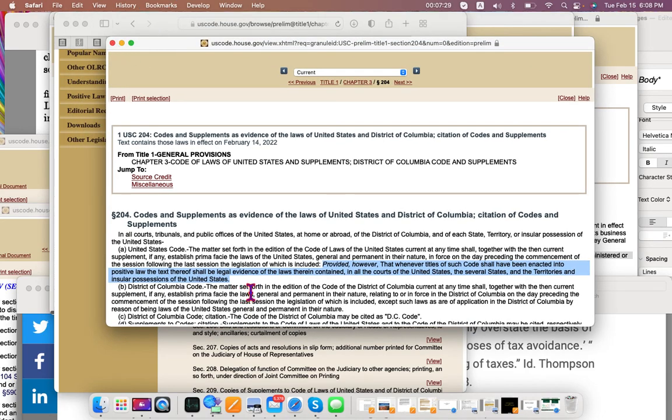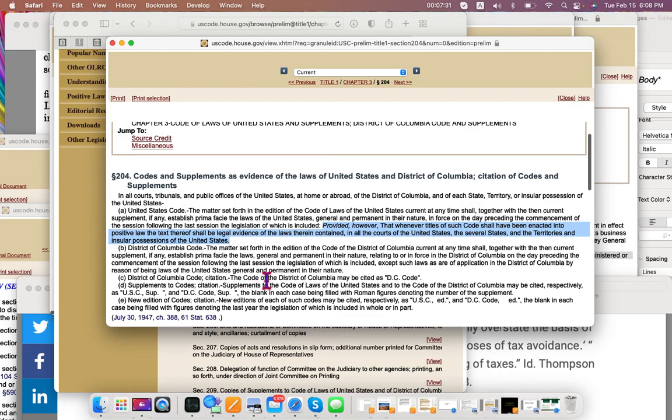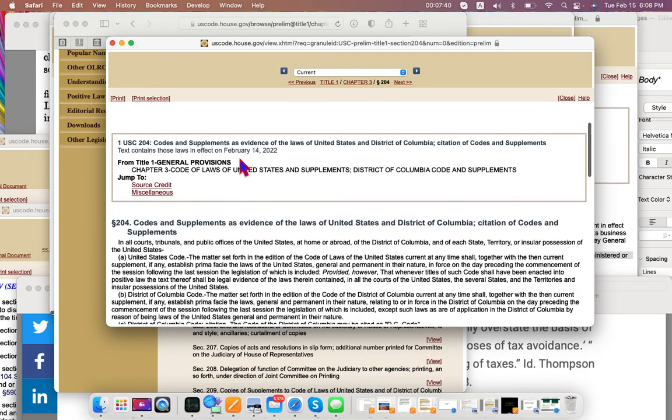That's how you know. It's prima facie evidence. It says, I think here in B for District of Columbia, prima facie evidence. It's somewhere in here. They change them all the time. Now,